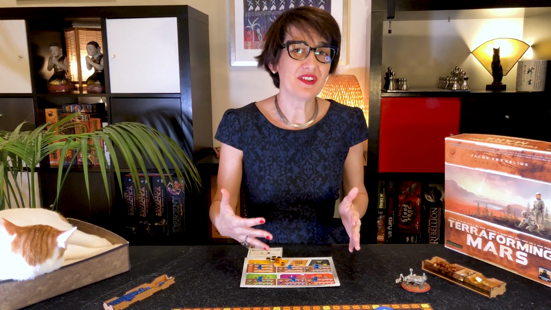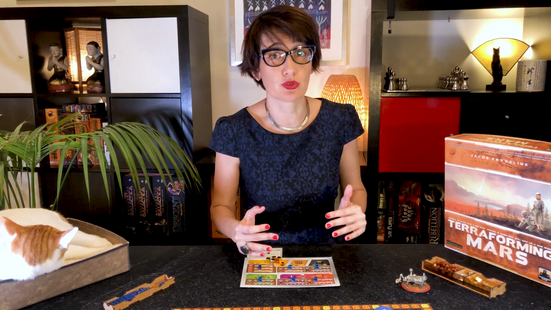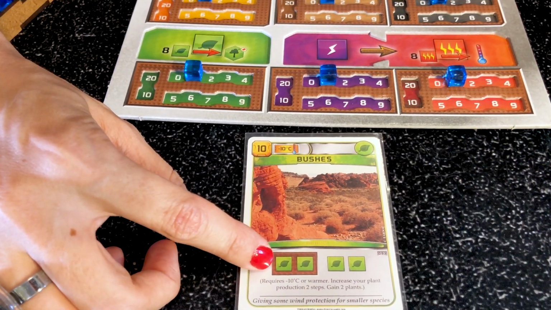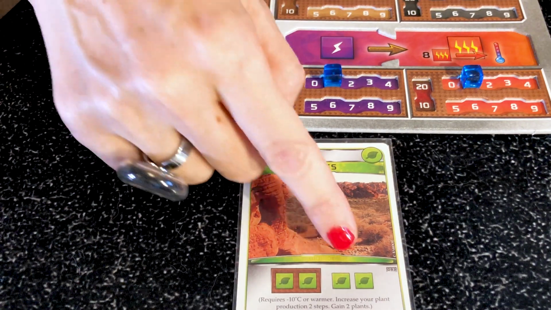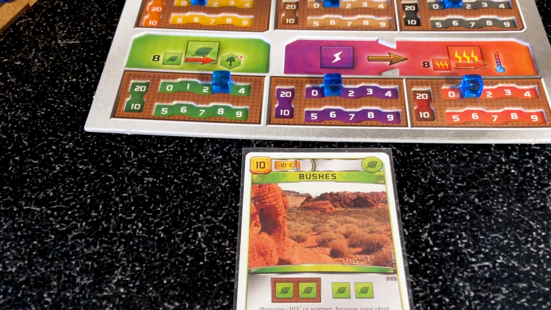Here it's important to understand the difference on the symbols. When a resource is on a brown background, it represents the production of that resource. However, when there's no background, it just represents the resource itself. For example, if you play this card, have a look here. This is the production with a brown background, which is also here, which means you're going to go up 2 production of plants. Now, this means that you're going to get 2 plant resources and you're going to put them